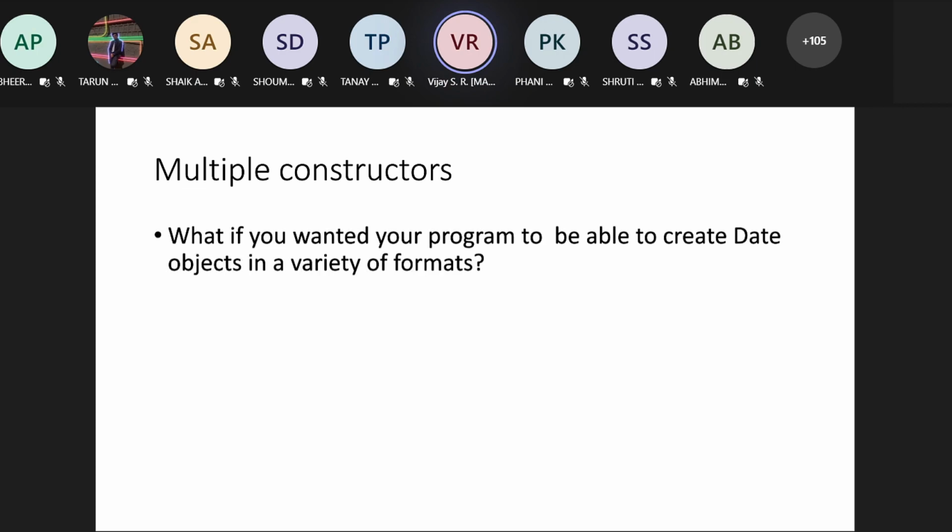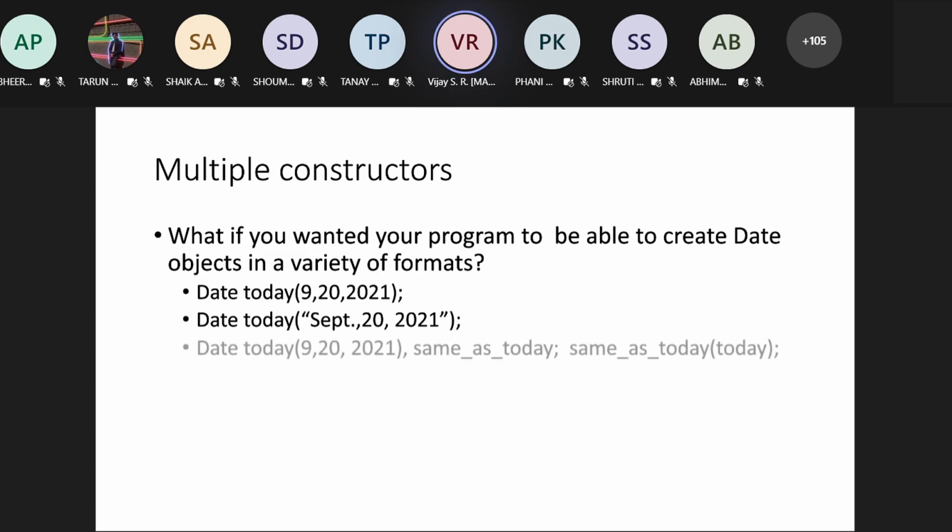Multiple constructors. If you have a program relating to dates, you may want various kinds of creating of a date: today, 9/20/2021, September 2021, 9/2/2021, and so on.